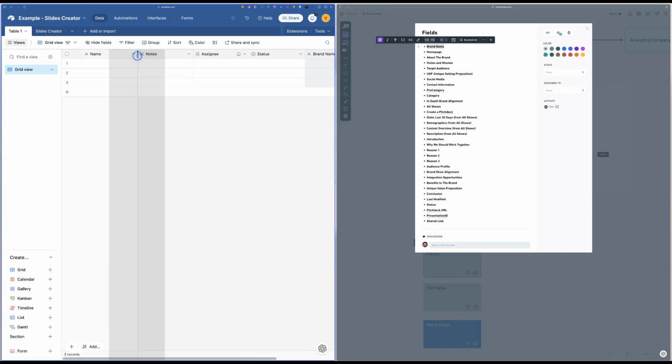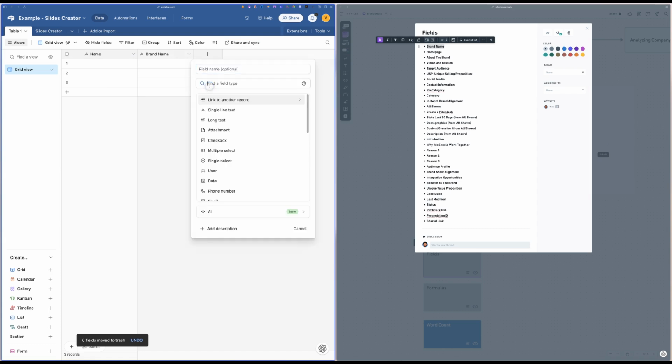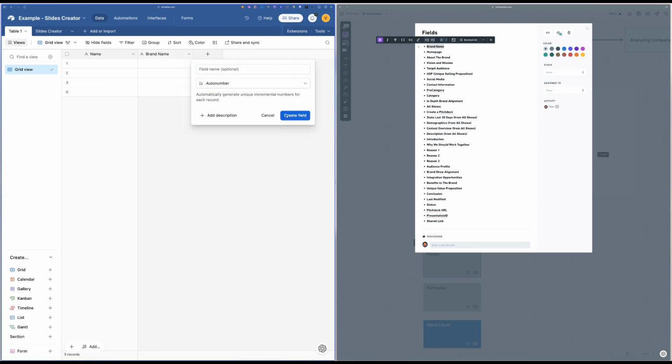Now, for the rest, we can take this out as we do not need those yet, so we can delete them. And the next thing we need is the ID. So we have here the auto number. And now when we have those two fields, like the name and the ID, we can start to create the